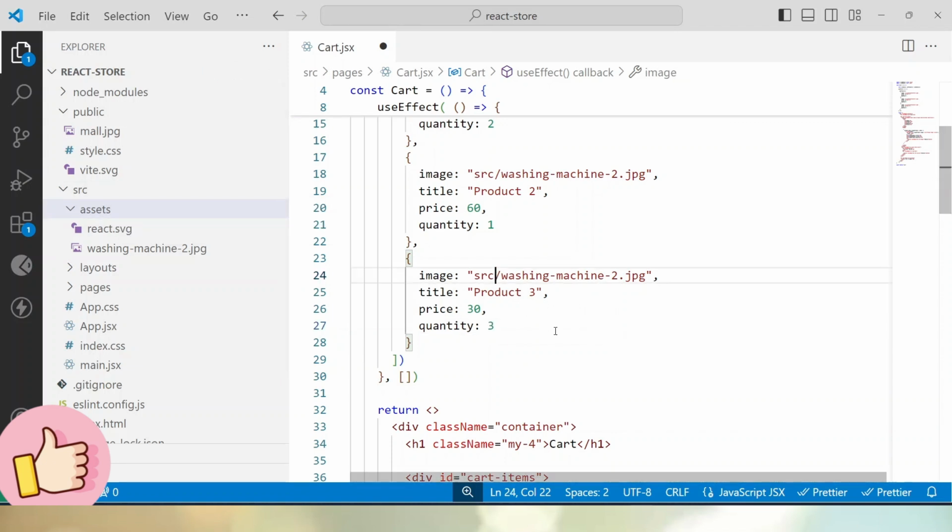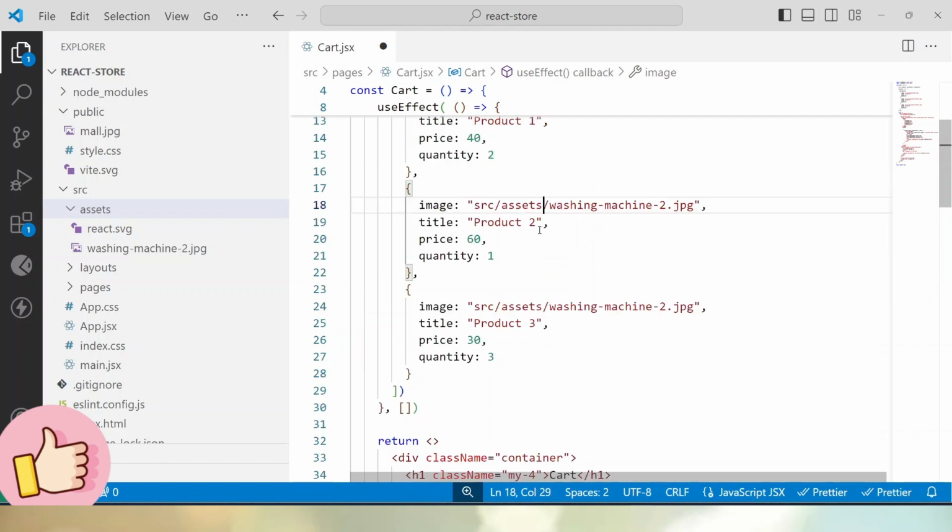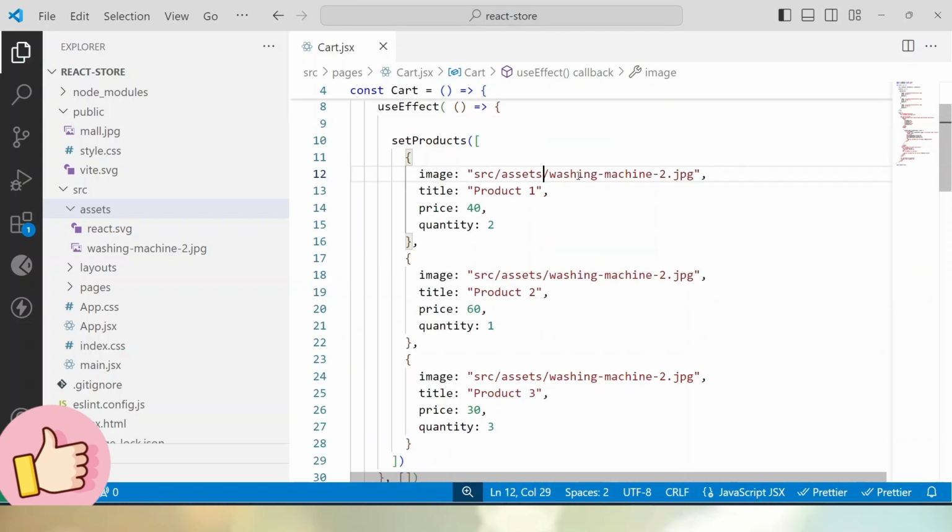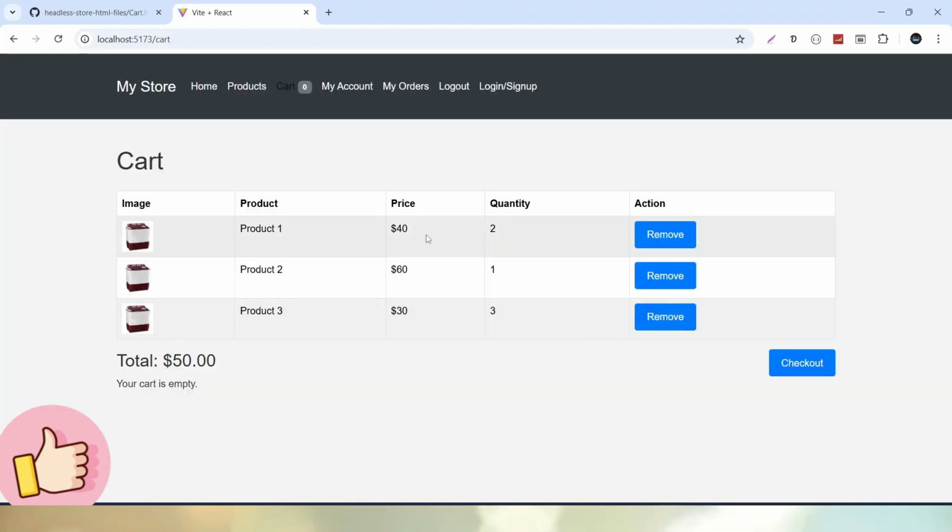So it means after going into src, we also have to go into this assets folder. Let's copy, paste here, and paste here. Save these changes. Let's go back to the browser. And now we can see that we are successfully getting these images, this time from the src folder and